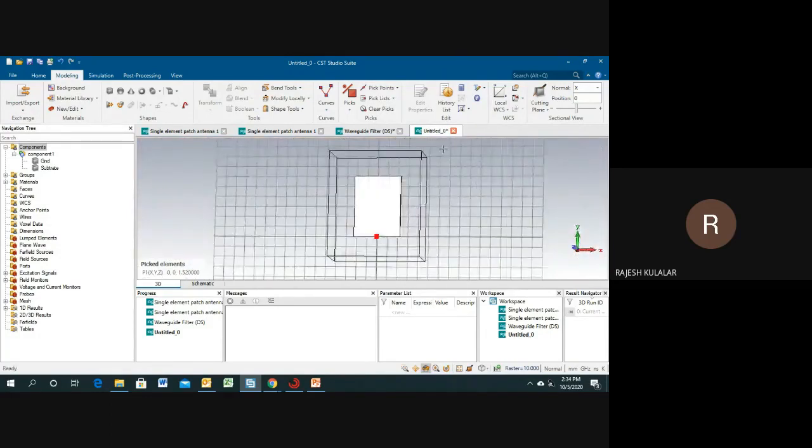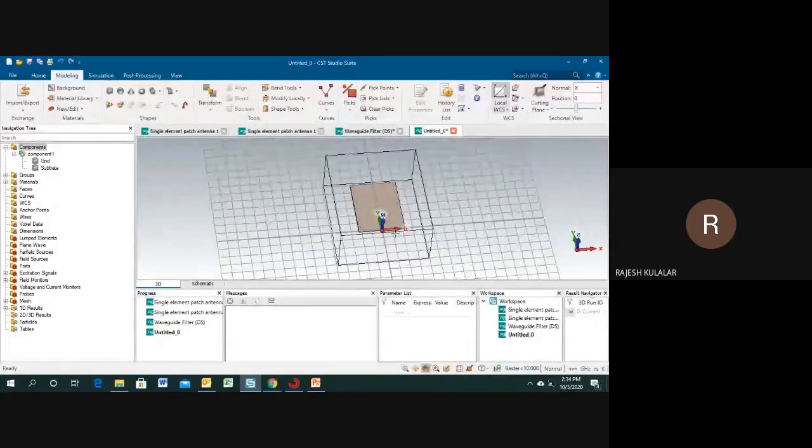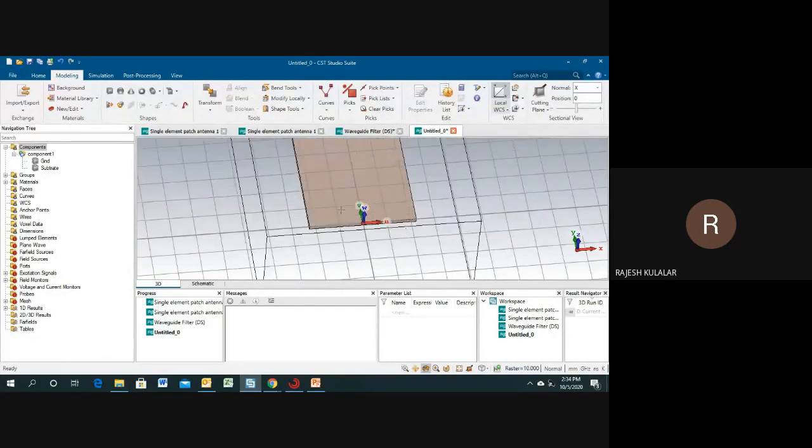Just click on the local WCS, otherwise the shortcut key is W. You can click W also. So you will define a WUV. This one is a local coordinate. A local coordinate is always helpful to define the simplicity of your project. Let's suppose you don't know what your coordinate system is, so it will be a little bit difficult to define some parameters. So use the local coordinate.